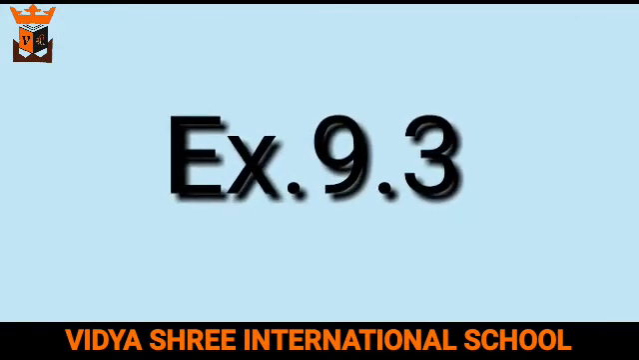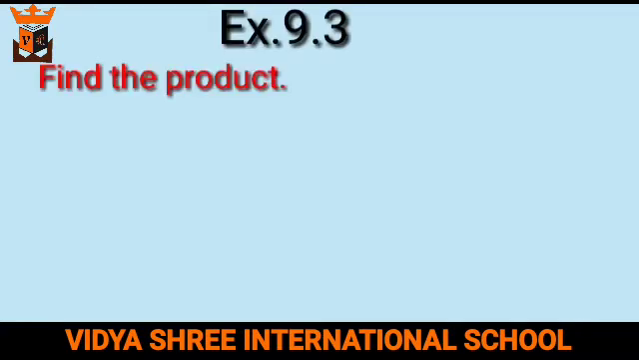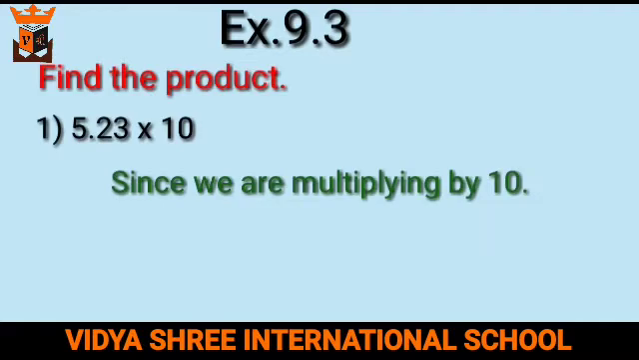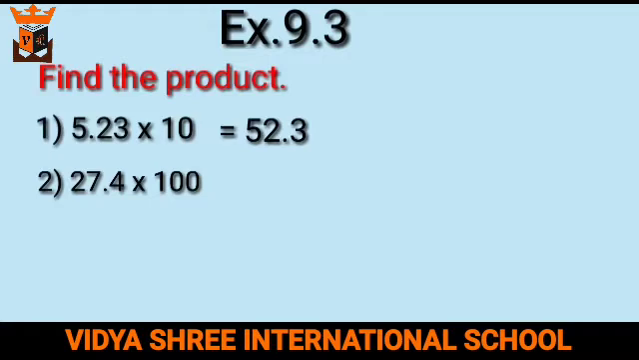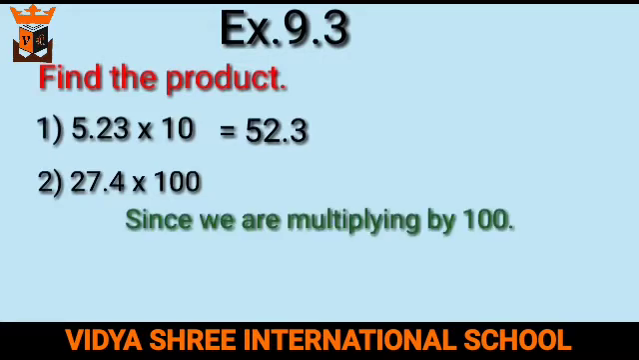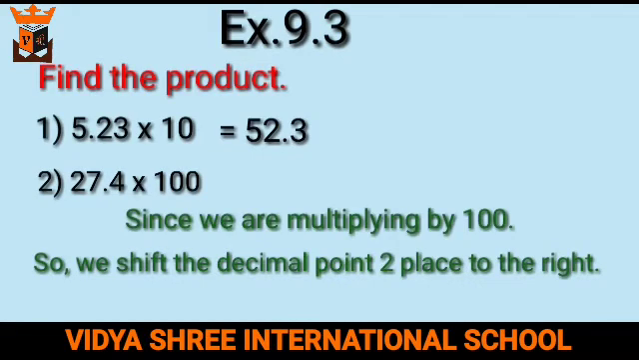Now let us try to do the questions of exercise 9.3. Question is find the product. First one is 5.23 multiplied by 10. Since we are multiplying by 10, we shift the decimal point one place to the right. So the answer will be 52.3. Next one is 27.4 multiplied by 100. Since we are multiplying by 100, we shift the decimal point two places to the right. So 27.4 multiplied by 100 will be equal to